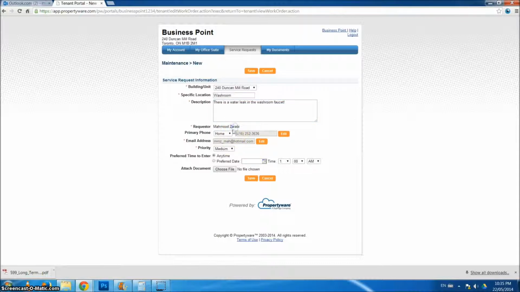Please ensure that your primary phone number that you would like us to contact you on in regards to this service request is inputted correctly, as well as your email address. Again, this information is pulled from your user profile on your tenant portal. Please make sure that you provide us either your work mobile or your office number that you would like us to contact you on,